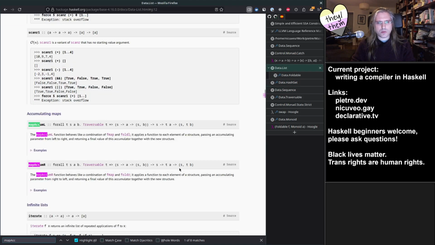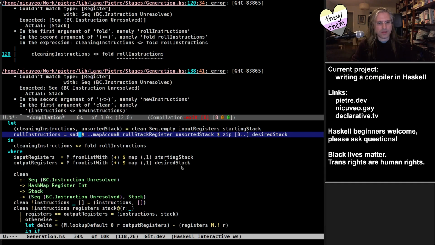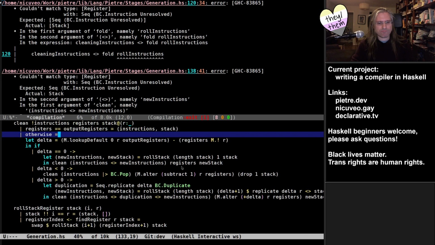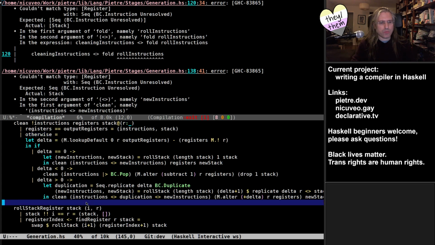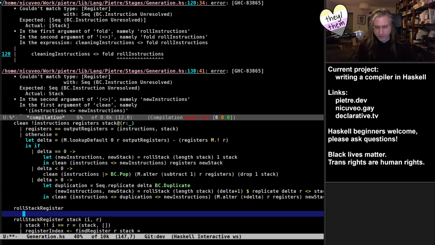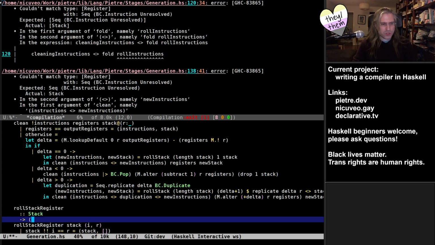Because this gives me the first, which will be my accumulator, which will be the stack. Okay, so I probably just need to type this. This function will take an accumulator, which is a stack, a value, which is a tuple of an int and a register,